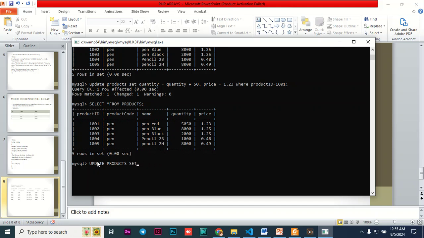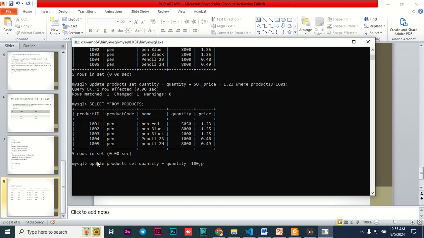Maybe I can use exactly how it is written so that I don't confuse. Okay, so update products, set quantity equal to quantity minus 100,